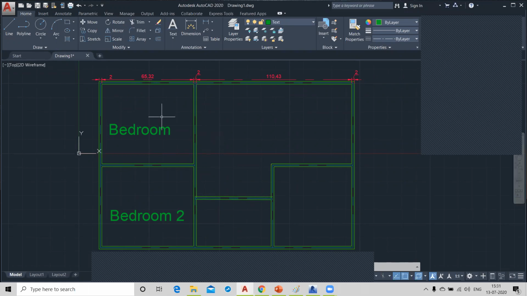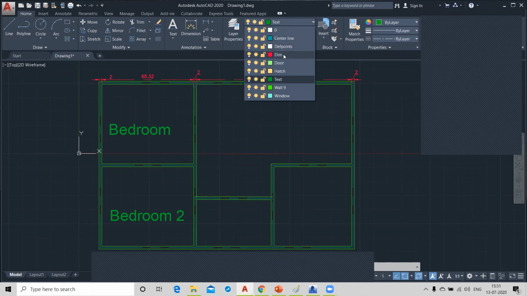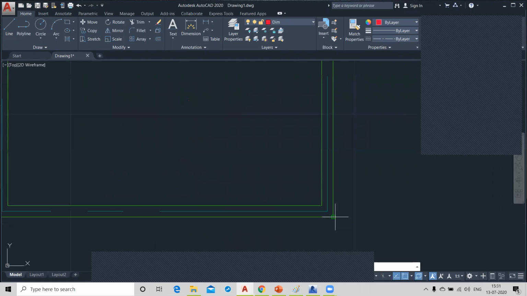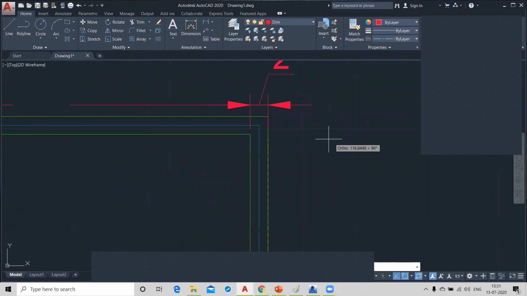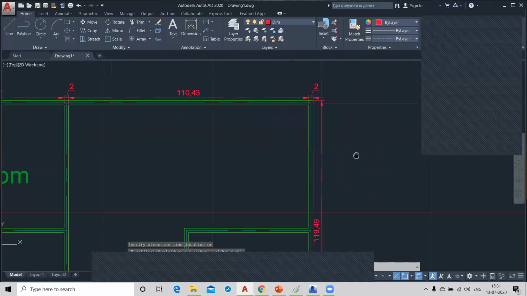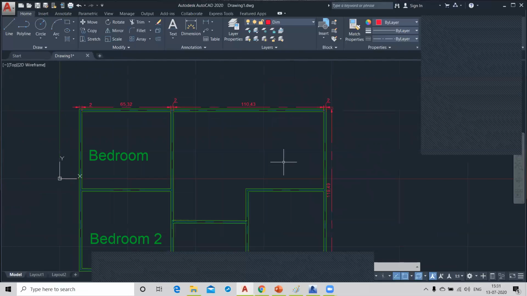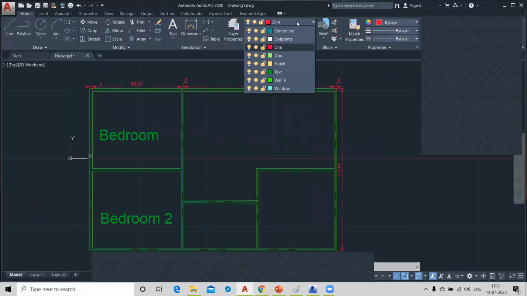The dimension. So you can choose your dimension layer from here and apply your dimensions like this. First, we have to mention the layer, then we have to go for dimensions. Yes. First you select your pen, in which color you want to write. In that case, you can choose your layer from here.